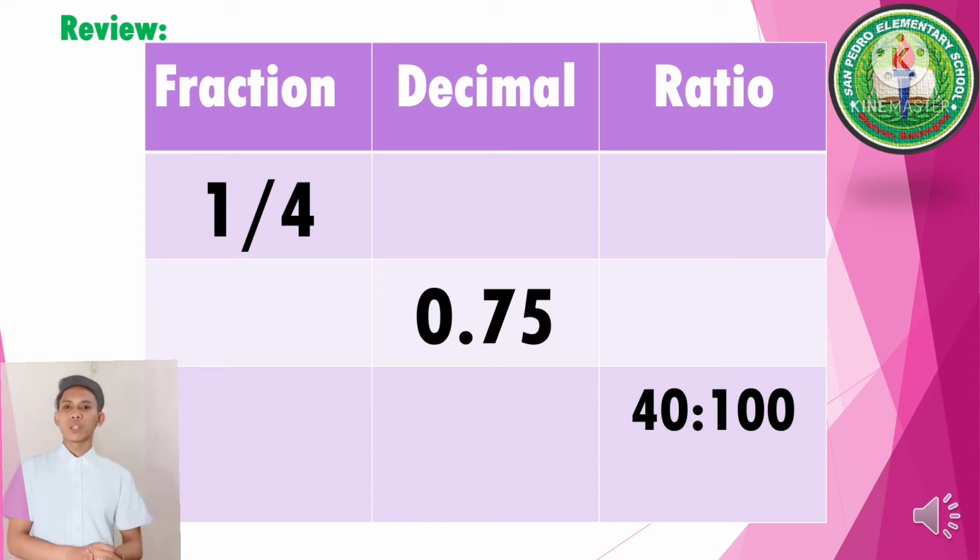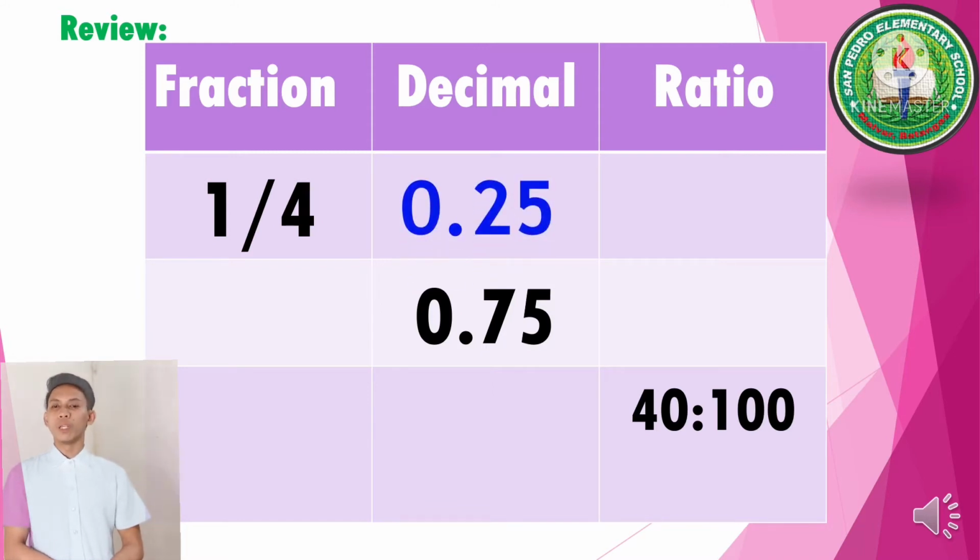The first one is 1/4. So how do we convert it into decimal? Divide the 1 into 4. So the answer will be 0.25, of course. And if we convert it into ratio, the answer will be